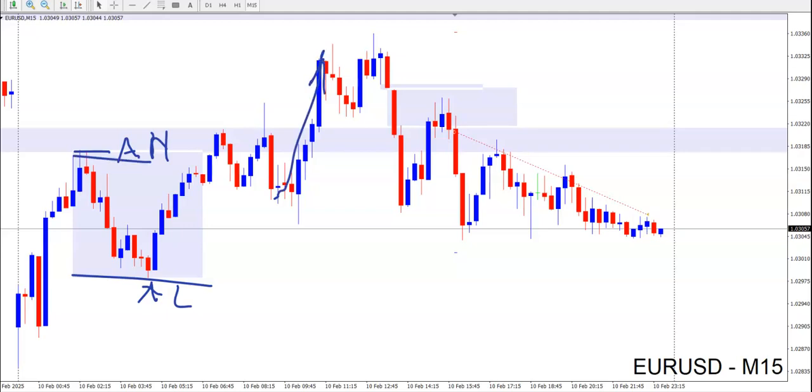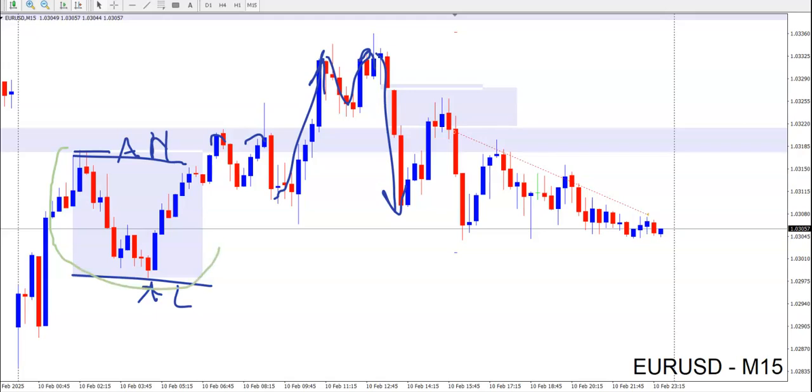All those Asian session highs and previous highs prior to the London open were broken, and as we were getting closer to the New York session, in the London we had, as you can see, a nice move to the upside, and then as we are approaching the New York session, we had a nice structure shift to the downside. So in this case, what we had on this time frame was